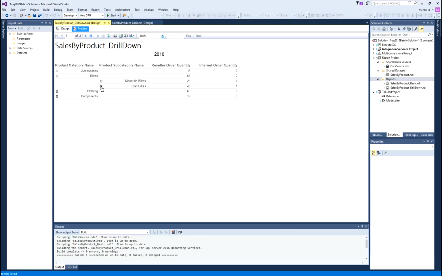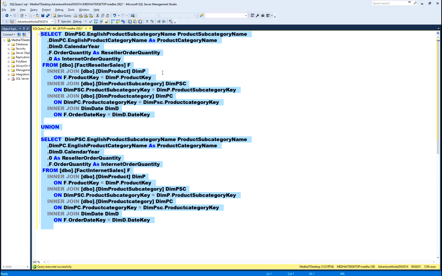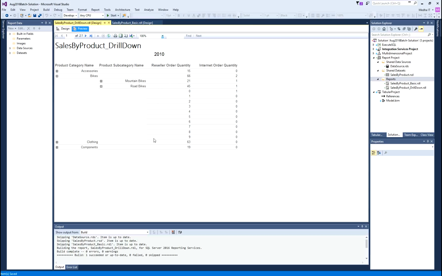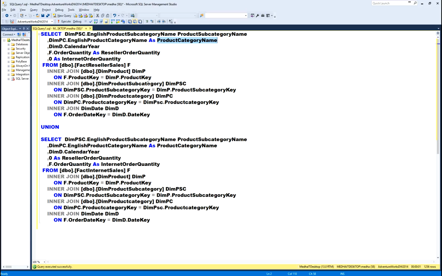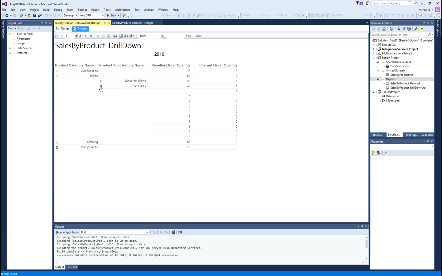If I am still interested to look into further details, I can go here. It is not showing anything here because I am not picking product name from my query, right. My query just stops at subcategory. I don't have product name, that is why it is not showing any value here, but the data is coming at the product level. Okay. But this one is at subcategory level it is aggregating and category level it is aggregating.